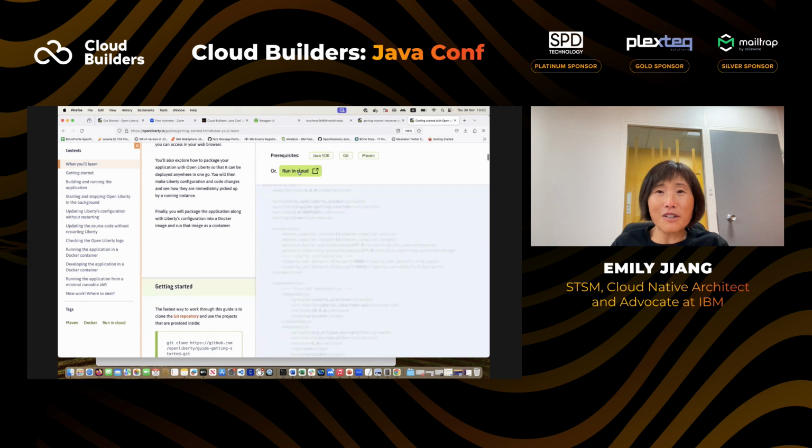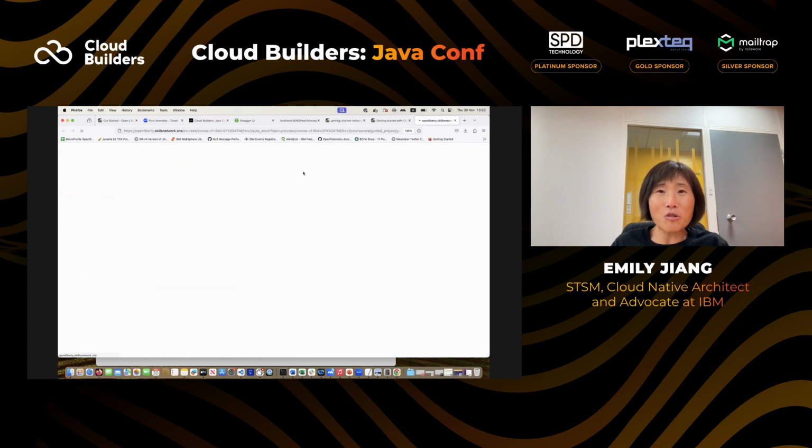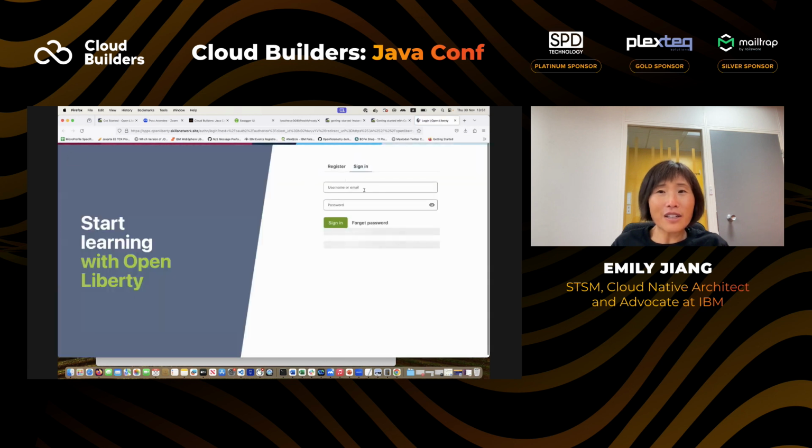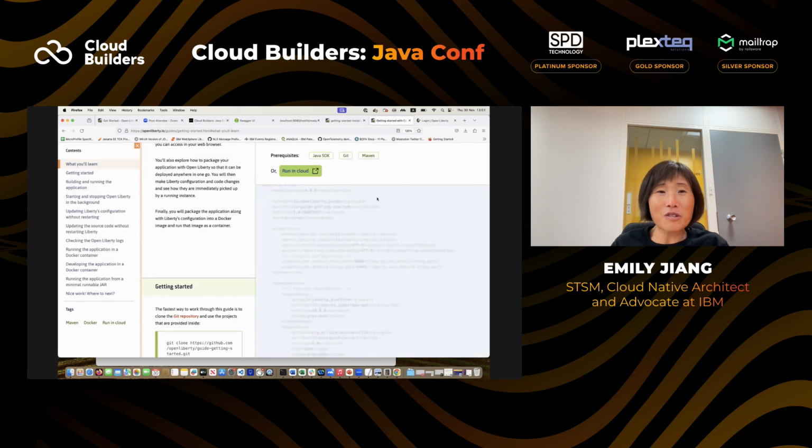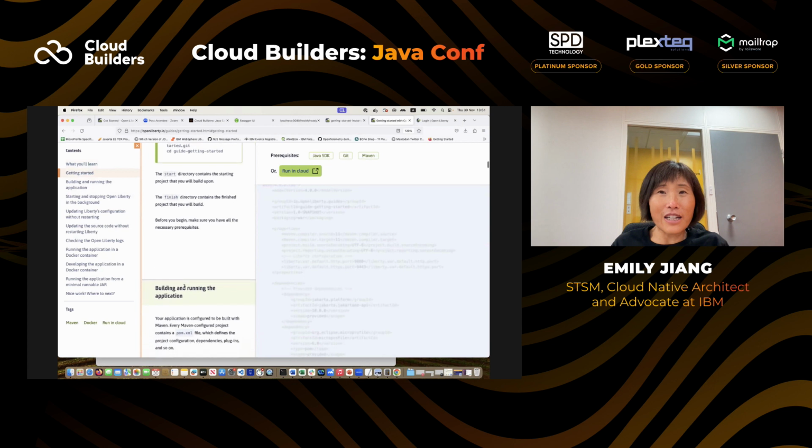And for students, you click the button run in cloud. You don't even need to do any setup. If you run in the cloud, you can log in using GitHub or Google, etc., or sign in. So you don't need to do any prereqs.